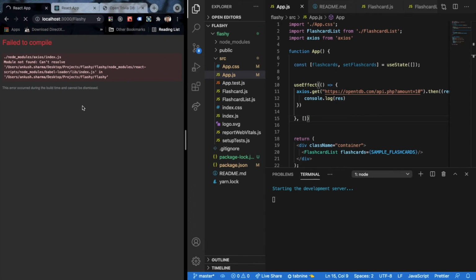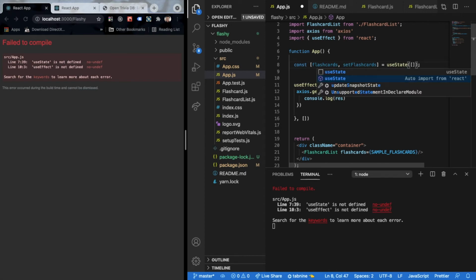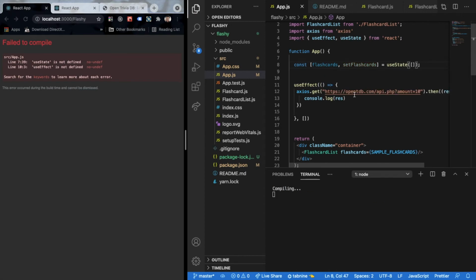Now that our app is being reloaded, we'll be able to see if our current code works, and if we are able to fetch this information from our Axios library. Okay, so it gives us the error of useEffect and useState not being defined. Let's just quickly import them. So I imported useEffect. I'll simply import useState as well.